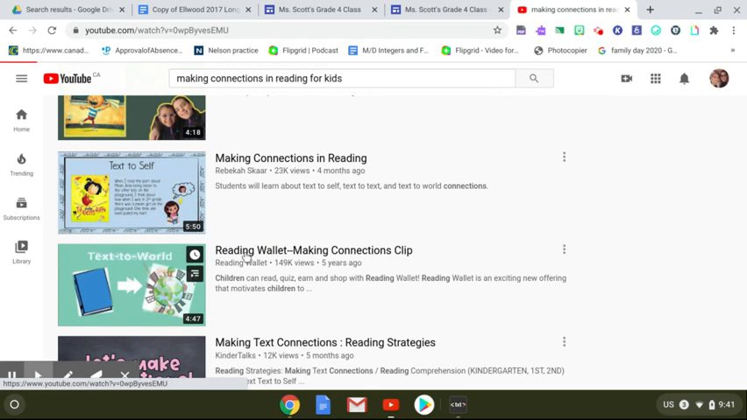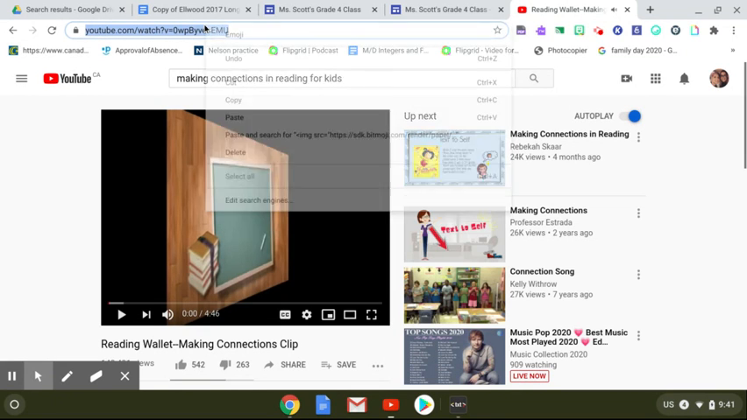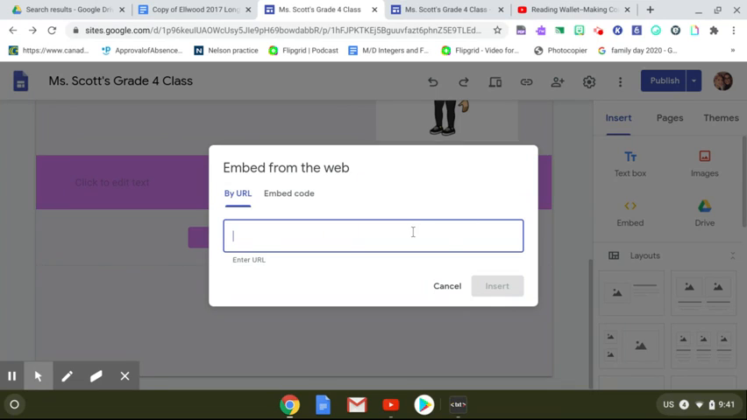This one's nice and short. It's only 4 minutes, so I'm going to take this one. So two things you can do. One is you can either copy this and click embed,